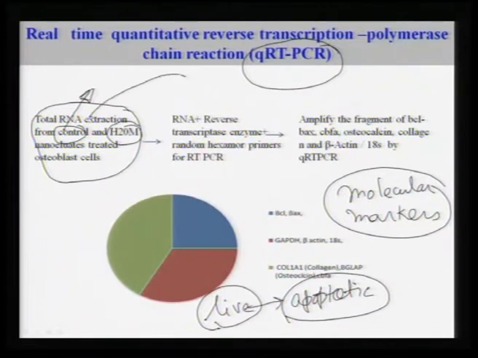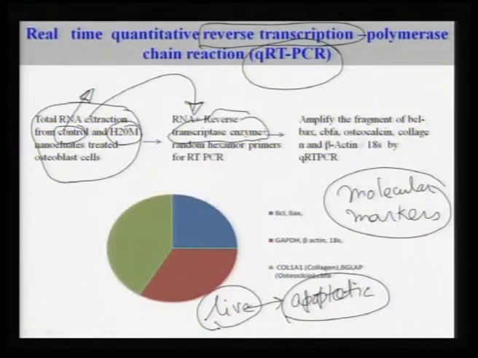Now, this extracted RNA is combined with the reverse transcriptase enzyme. What does reverse transcription mean? DNA to RNA is transcription; reverse transcription means RNA goes back to DNA. That is why I often say that all these biological terms are very easy if you follow them in a logical manner. So, you require a certain enzyme to be added to RNA in order for the RNA to go back to the DNA double helix pattern, and random hexamer primers for the RT-PCR. So, there are primers, I will come back to that.